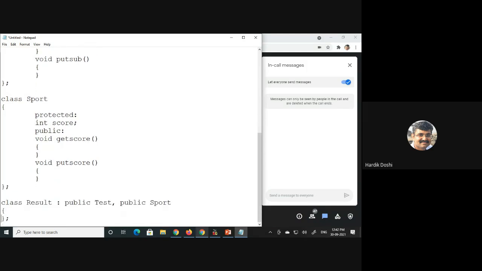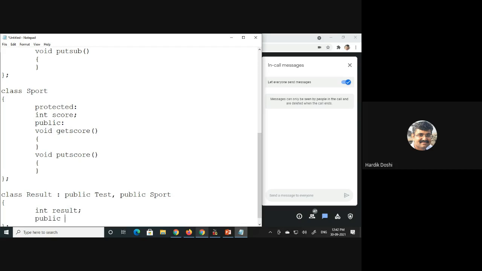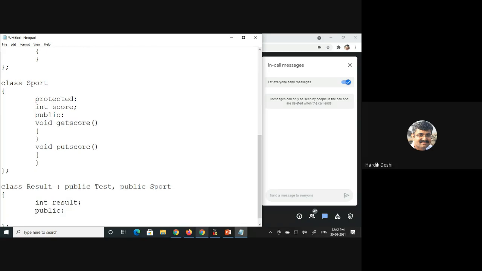What about result? It is inheriting test as well as sport. Can I say integer result in public section? Void calculate result.